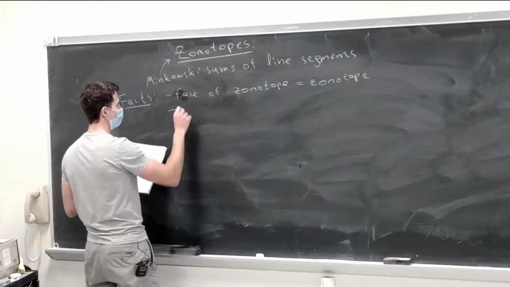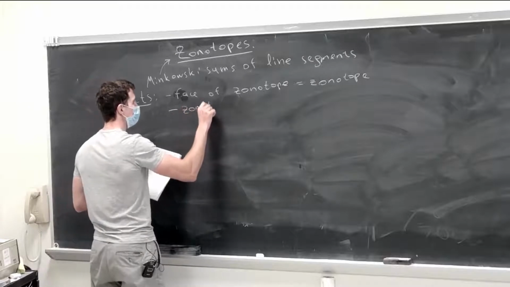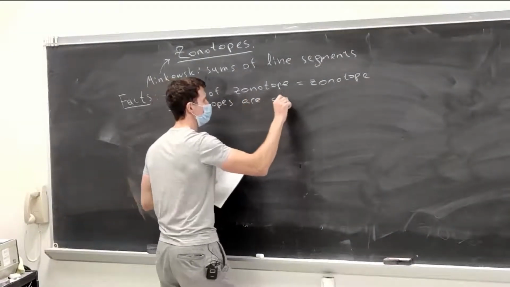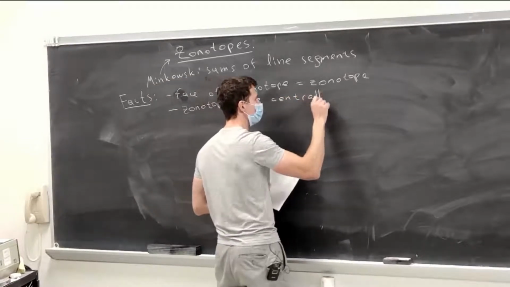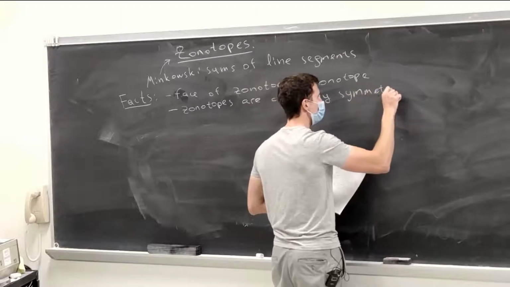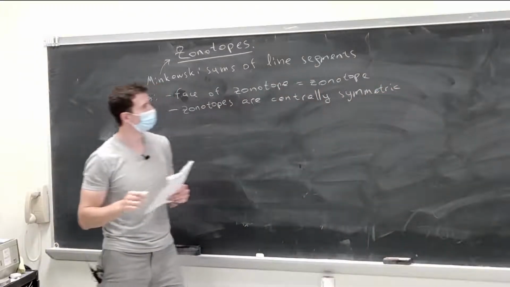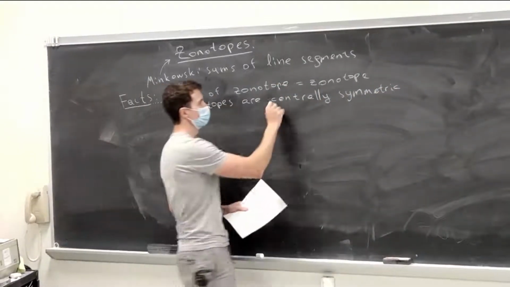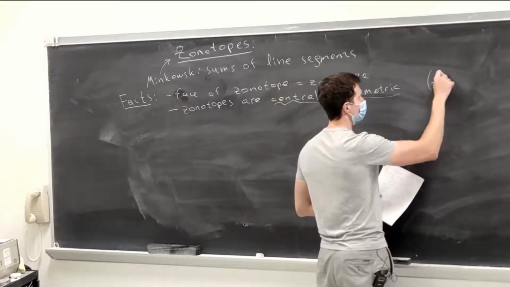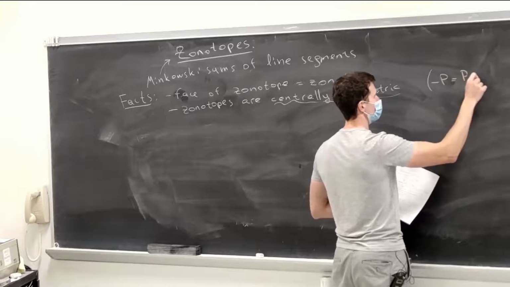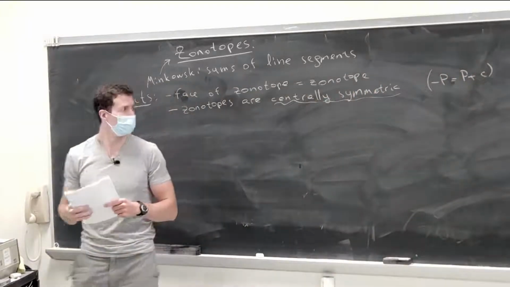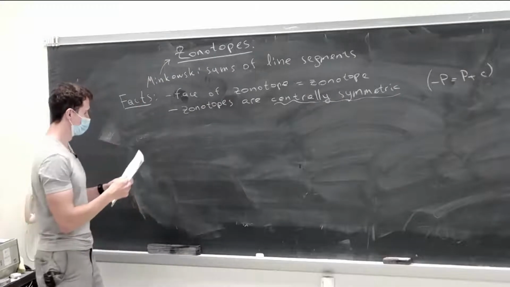Another fact is that zonotopes are centrally symmetric. And by that I mean, centrally symmetric means that up to a shift, minus P is equal to P, shifted by some vector. Okay. And finally,